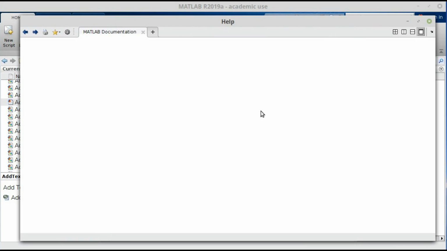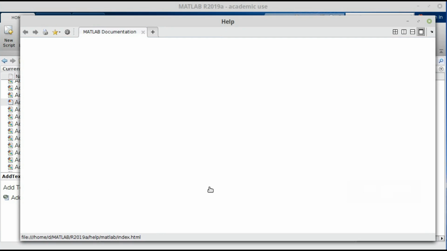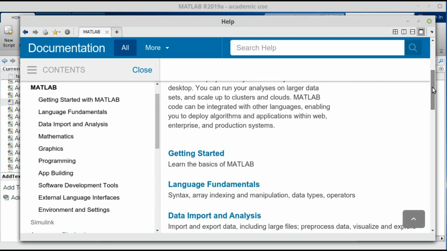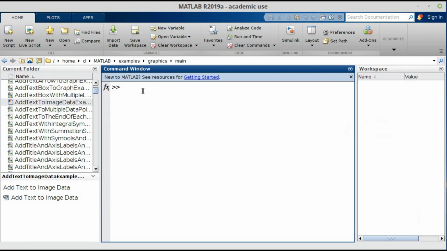In this case, it takes you to another place, the MATLAB documentation, where you can drill down into MATLAB a little bit. Again, this is reference material now. You already did the Getting Started, but now we're into the language fundamentals and more important things. There are thousands and thousands of commands in MATLAB, and a lot of your time is spent figuring out which command to use. So one way to find out information on a command is within the command window, just type help